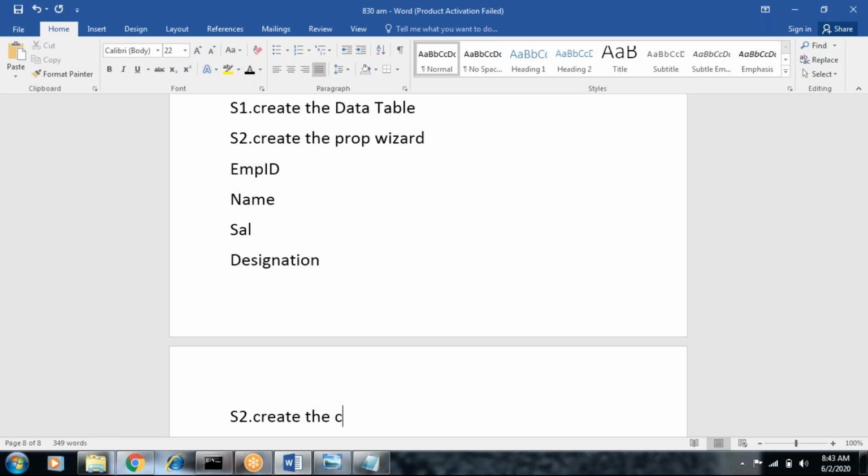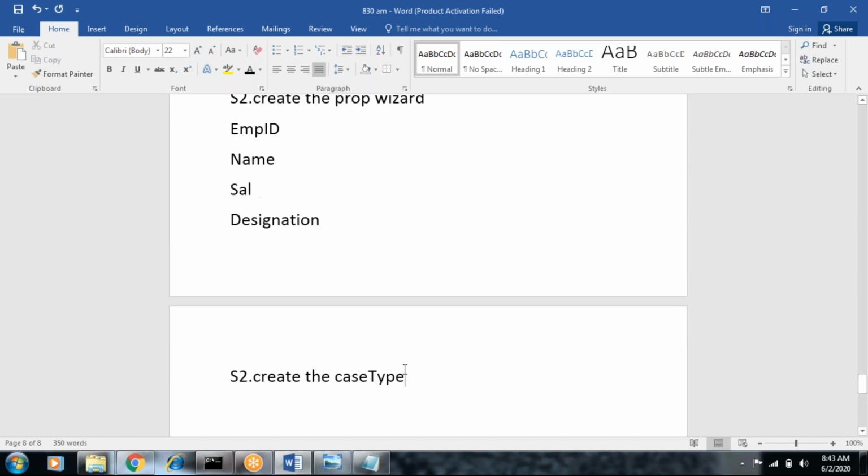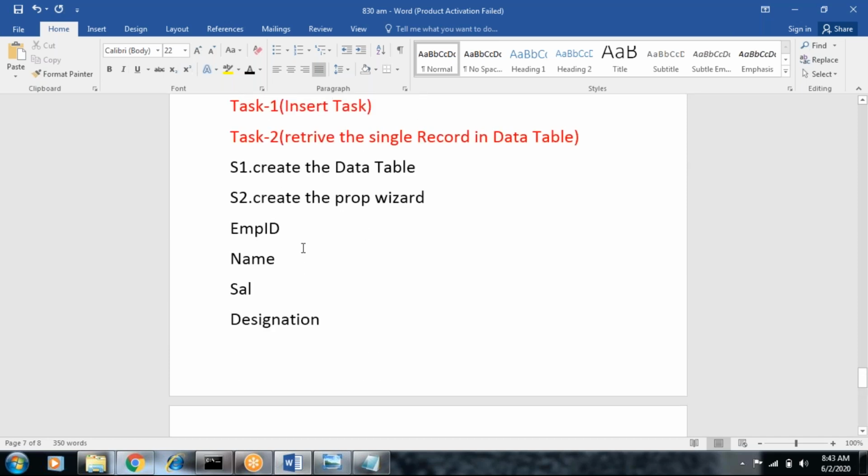Create the case type. We are creating the properties for the columns. Create the case type, then only create the property wizard.